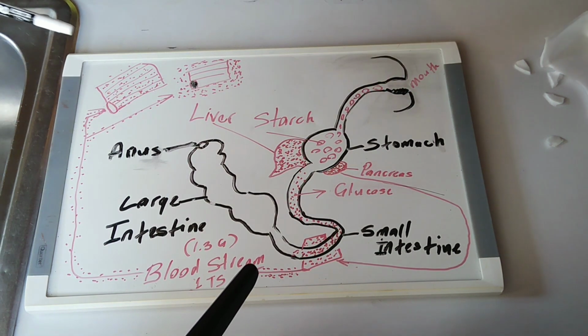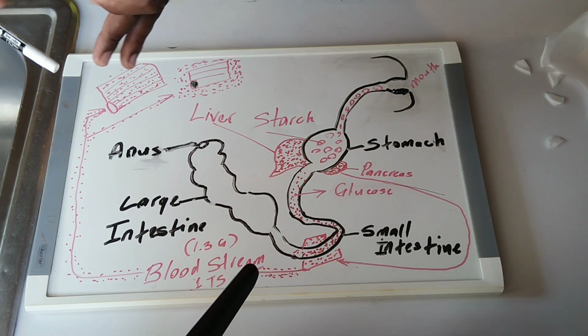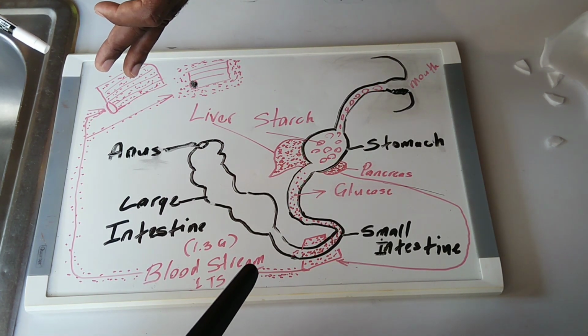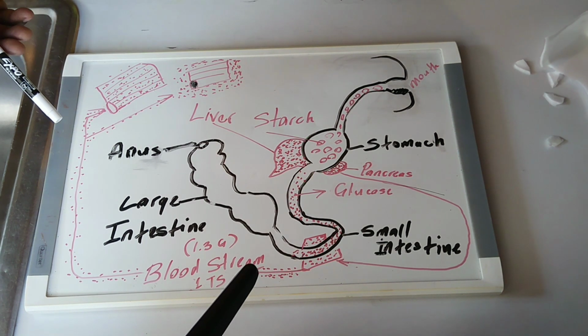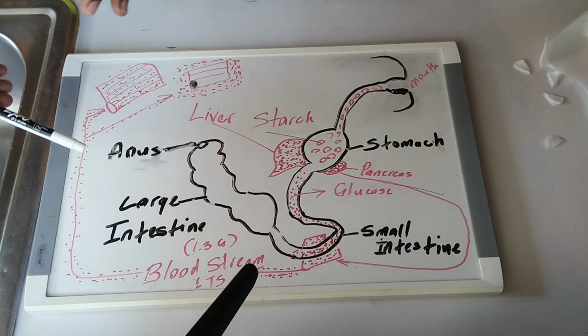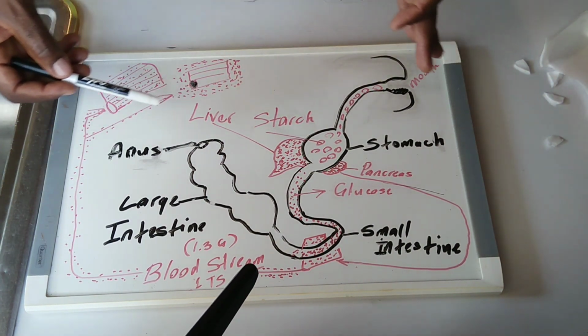Because remember now, if you get a blood glucose meter and check your blood sugar, say 1 hour or 2 hours after you eat, it will be very high. The glucose will be very high. Those persons who are diabetic, you know what I'm talking about. You test your sugar just after you eat, your blood sugar will be very high. So it needs to go down.